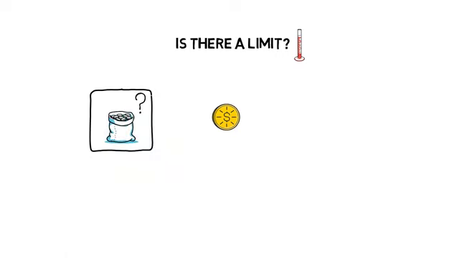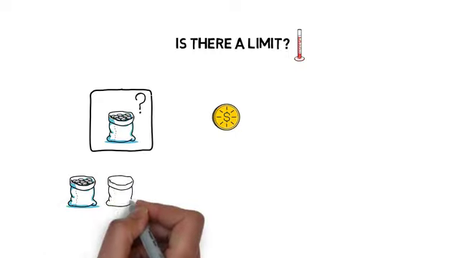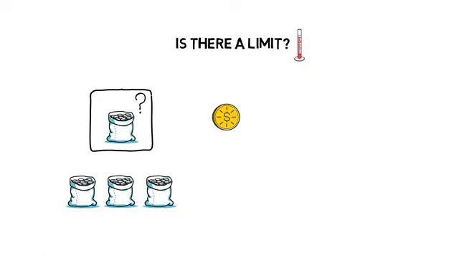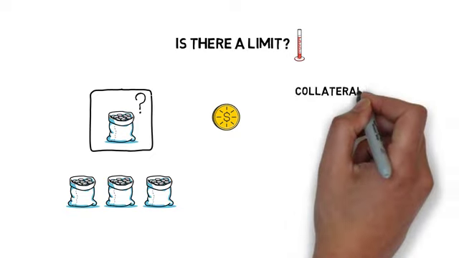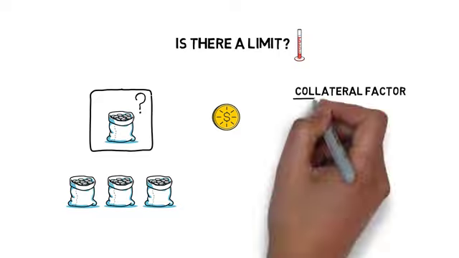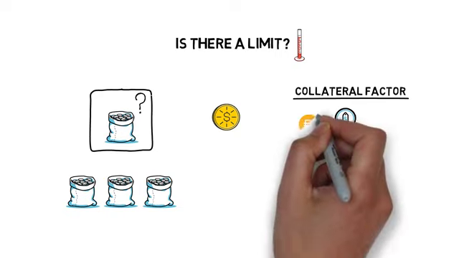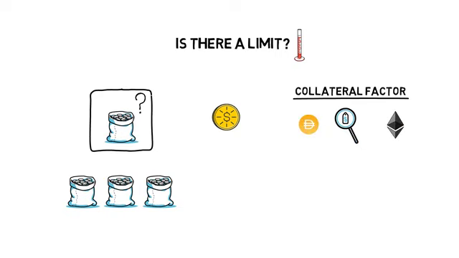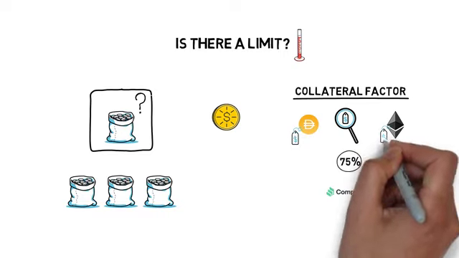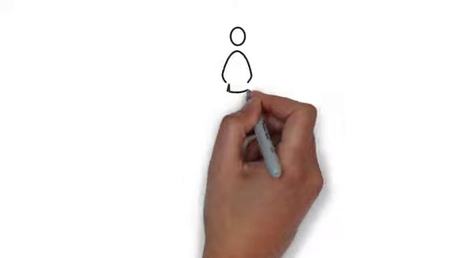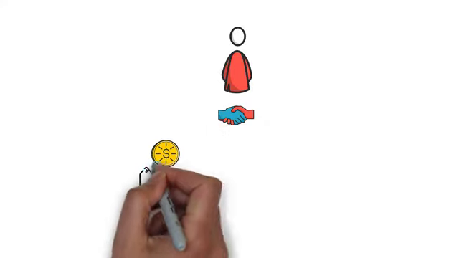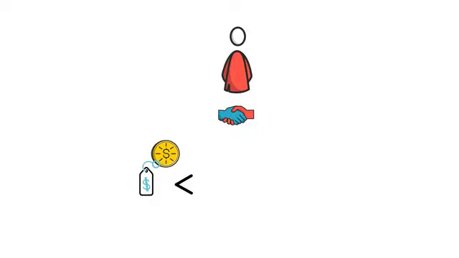This is usually not a problem in active markets, unless someone is trying to borrow a really big amount of tokens. The second one, what is the collateral factor of supply tokens? Collateral factor determines how much can be borrowed based on the quality of the collateral. DAI and ETH, for example, have a collateral factor of 75% on Compound. This means that up to 75% of the value of the supplied DAI or ETH can be used to borrow other tokens. If a user decides to borrow funds, the value of the borrowed amount must always stay lower than the value of their collateral times its collateral factor.